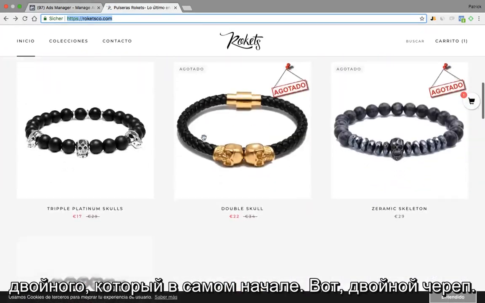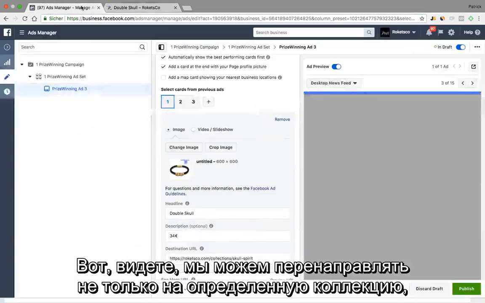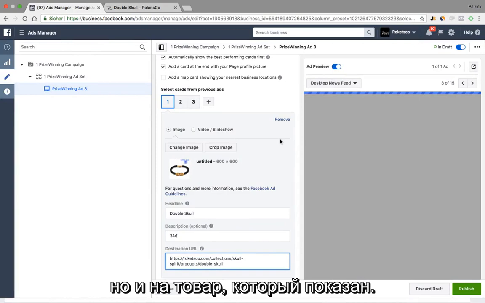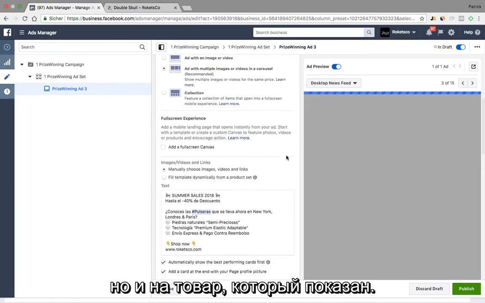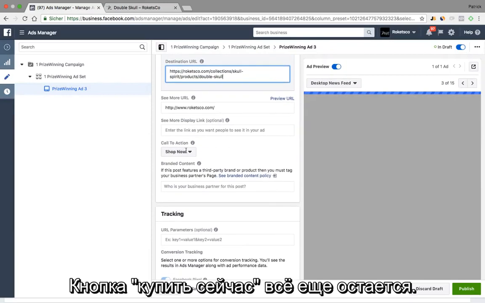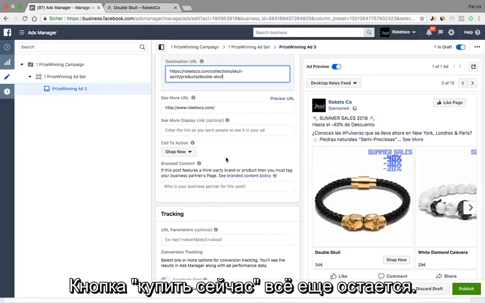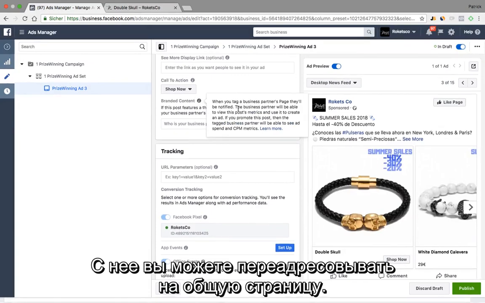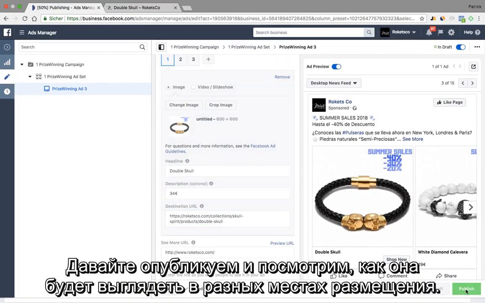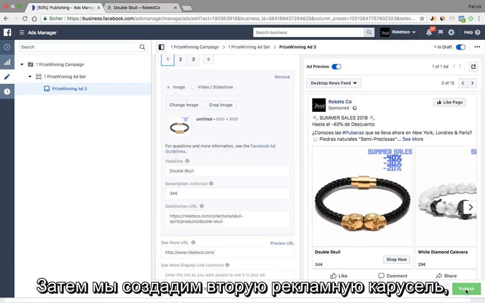So it was this one, the double skull. So you see, we cannot only send them to a specific collection, but we could even send them directly to the specific product that is demonstrated. Okay, and there is still the general shop now button, which you can also define as a general page. So let's publish that and then preview how it actually looks on the different placements,